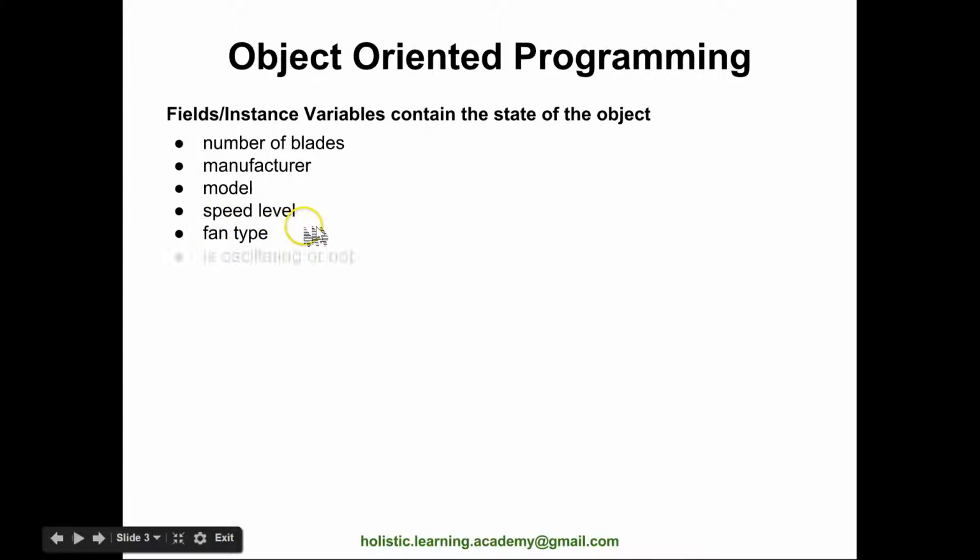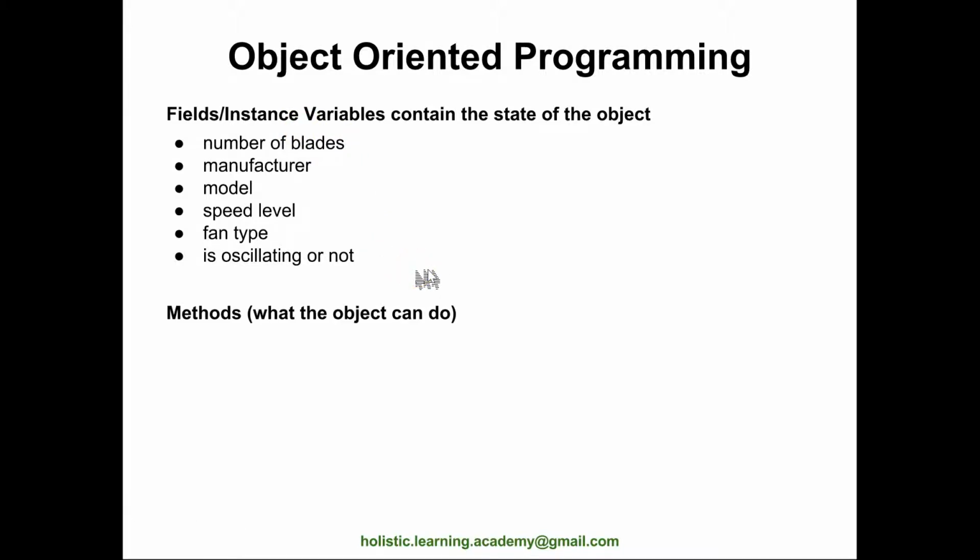Okay, the next one is whether the fan is oscillating or not. Again, this may apply to some fans. For ceiling fans, you can't do any oscillation, it's just rotation. By oscillation, if you have used a floor fan or a table fan, you know that you could set it to oscillating mode. So that's what this is. So it basically just gives air throughout the room, right? Not just in one direction. So these are different states of our object.